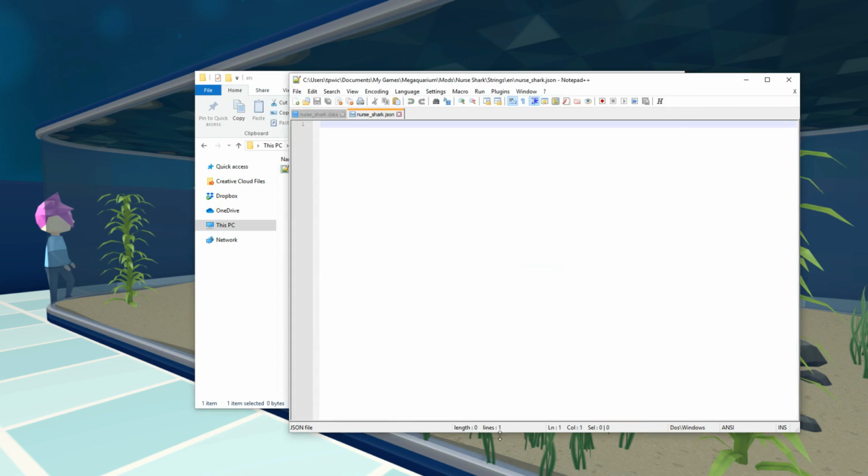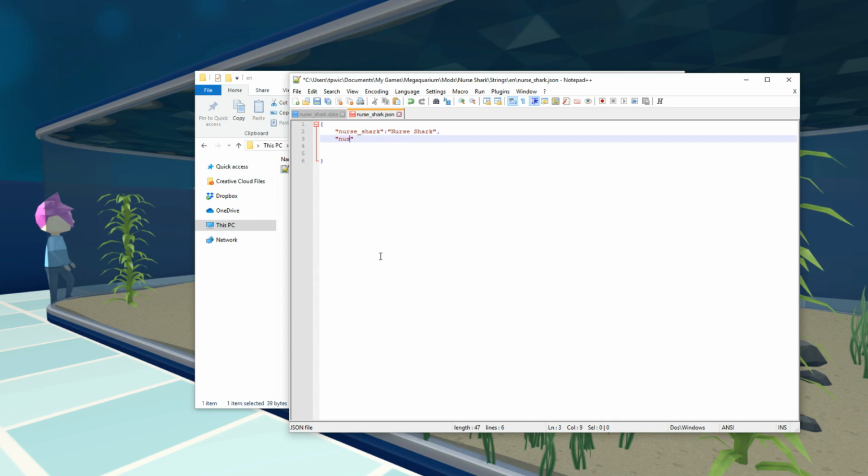And this one doesn't need to be .data, it needs to be .json. And this has a very simple structure. You just define an object, and then you can just start defining your strings. So if you remember, the first one is Nurse Shark. This is basically the name of the type of animal, and it's going to be used throughout the game. So if there's like a quest in the sandbox mode, which is like, oh, please make us a display with a nurse shark in it, it's going to use this string. So you just want to make it the singular version of the animal,